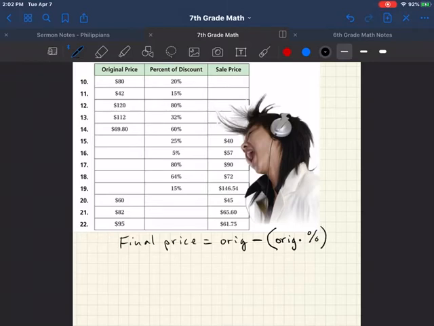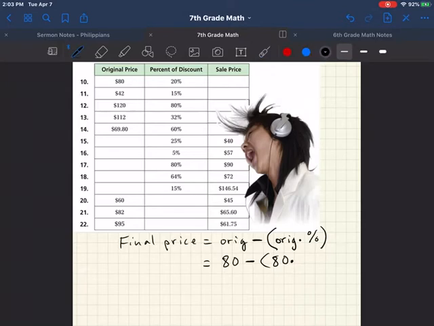So the sale price, in this case you could say final price or sale price, is simply the original, which is $80, minus 80 times the percentage,